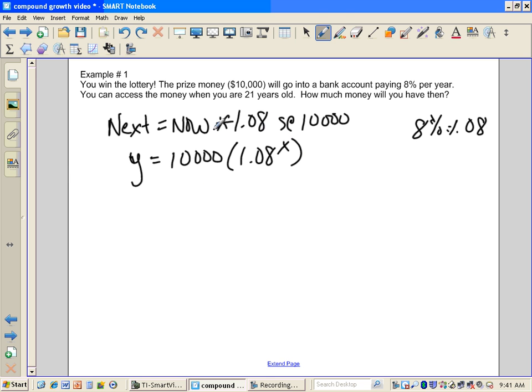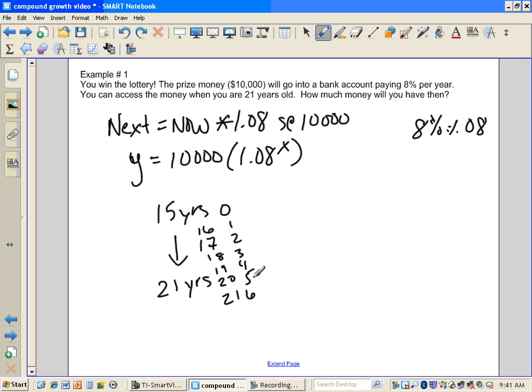Now, let's say we're currently 15 years old, and we want to know how much money it's going to be when we're 21 years old. If this is our 0th year, we have 16, 17, 18, 19, 20, and 21. So that's 1, 2, 3, 4, 5. We want our 6th year. Okay, so we're going to go to our